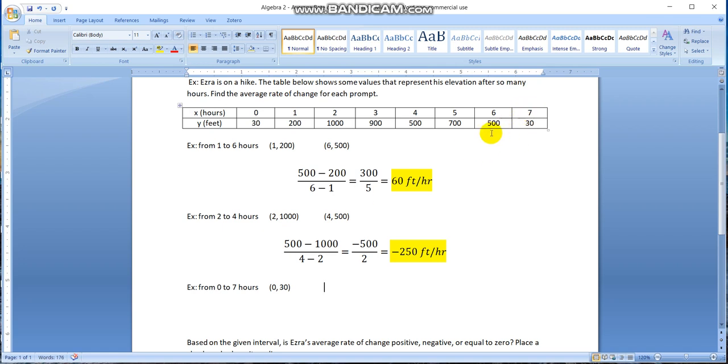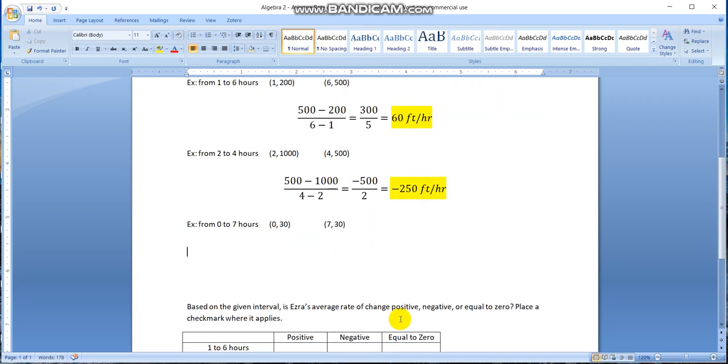We have another value here. We can find out after 7 hours, then he is at another elevation of 30 feet. So perhaps what that might mean is maybe after 7 hours, Ezra has finished that hike. Maybe he hiked Olomana or something, and hopefully did all 3 peaks. Anyway,